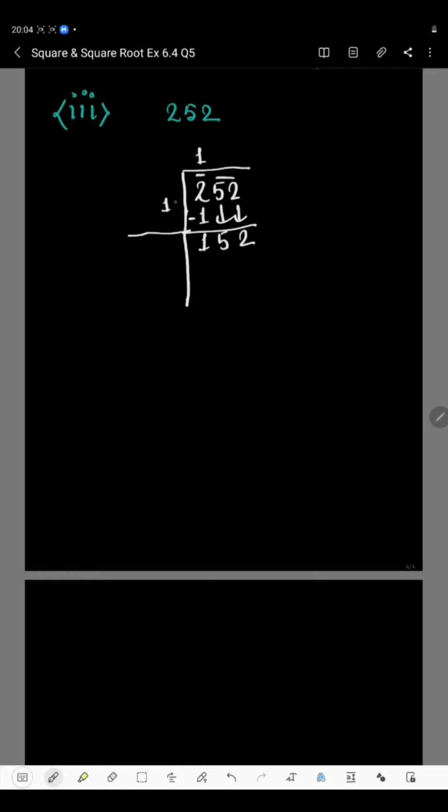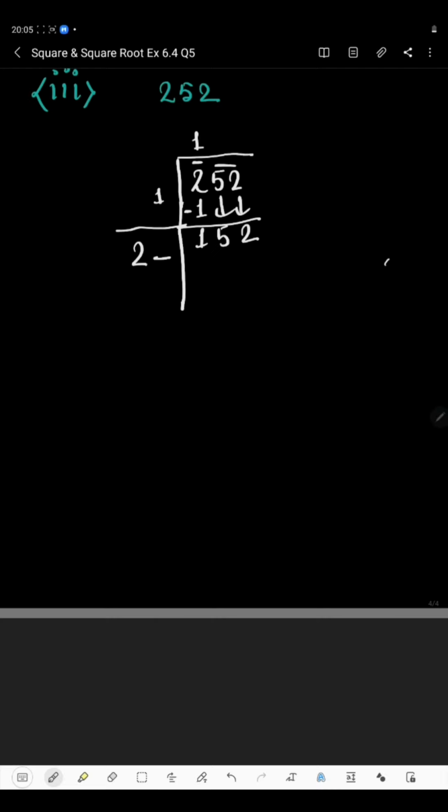Now here it will be 1 plus 1, 2. Now what should we take here? Now if you take 4 here, then 4 should be multiplied. So 4 4s are 16, 4 2s are 8, 9. So here we have 92... 152. Now taking 6. Now if you take 6 here, then 6 should be multiplied. So 6 6s are 36, 6 3 carry, 6 2s are 12, 12 plus 3 is 15. So 156 is greater than 152. So we will have to take 5 here.